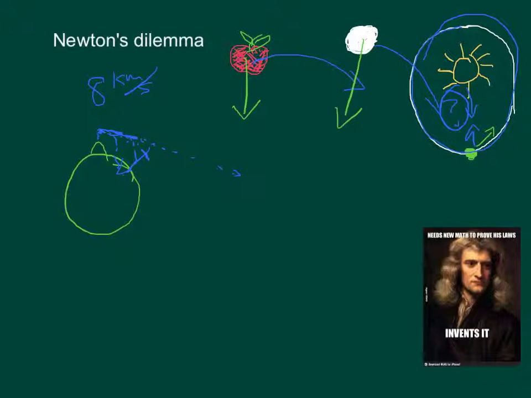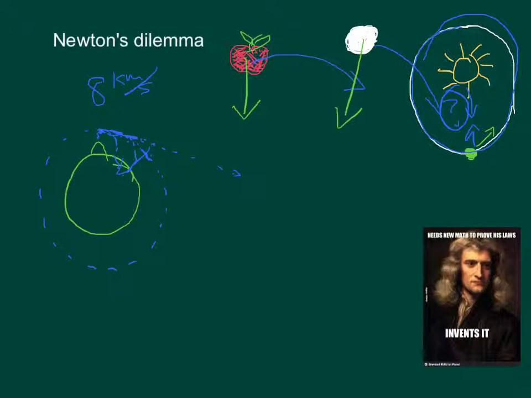And if we launched an object at 8 kilometers per second, it would end up falling around the Earth. Now, this was a phenomenal discovery by Isaac Newton. It helped to better explain what was causing the moon to stay in its path and the Earth to stay in its path also. He and his friend Robert Hooke discussed for many years what the relationship was between the